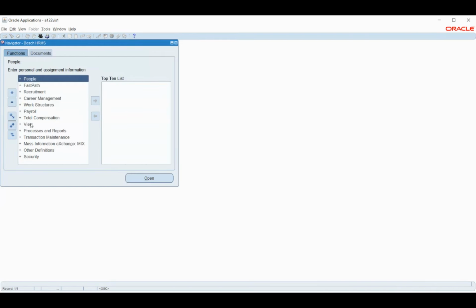Sir, on the day I defined a new flex field for my business group, I initially provided the value set itself. But another thing I noticed is that while defining the flex field you can also define value sets. Yes, both places we can define. So that means we can define value sets in two ways, initially and also while defining the flex field. Yes, we can do that. Okay, sir.